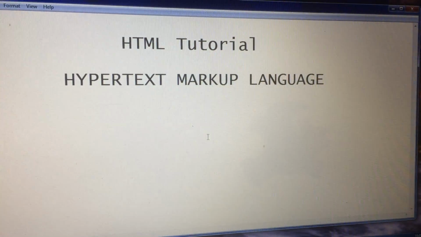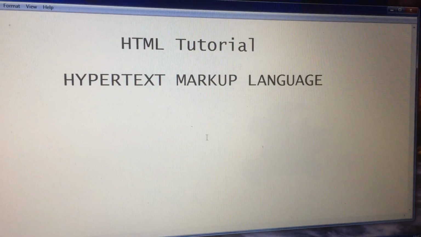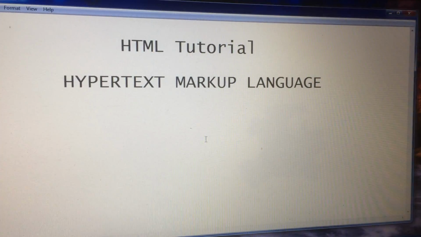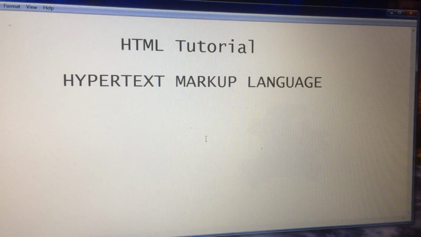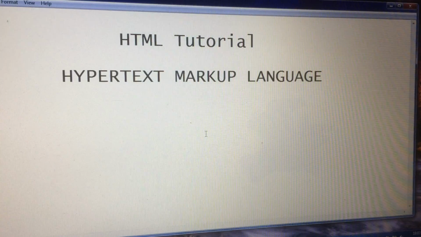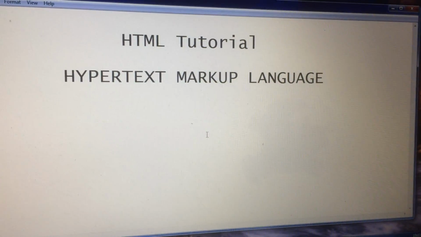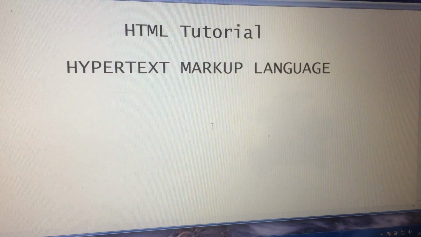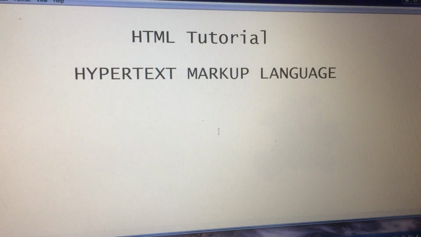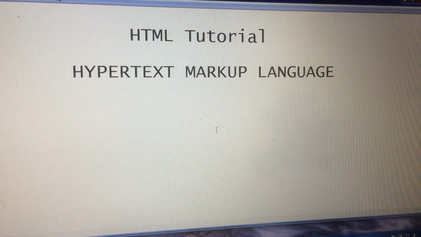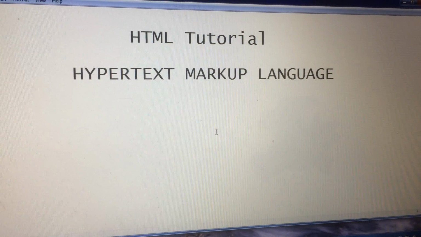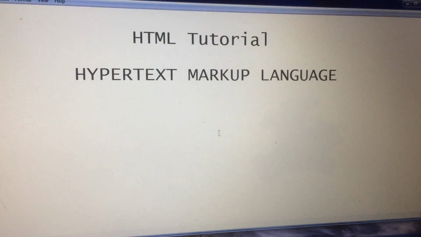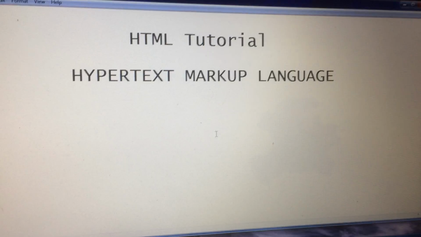I want to share basic things in HTML language. My videos are going to help electronic students to know basic things in current technology. Today in my video, I am going to explain you about HTML. In this, we will discuss what is HTML, who invented it, why we use it, how to write a program in HTML, and what are the tags we use in it. So let's get started.